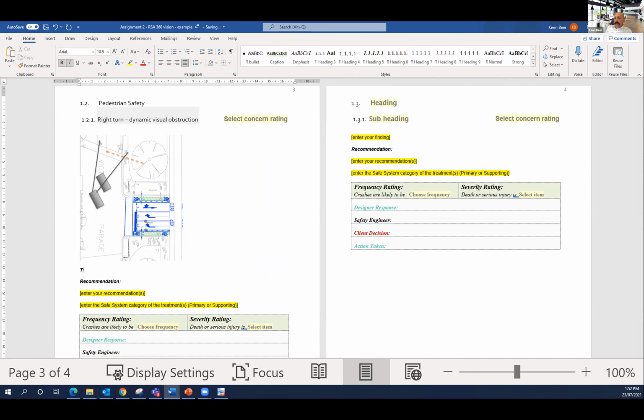So the auditor is concerned that a pedestrian may be struck by a right turning vehicle into the Victoria Parade